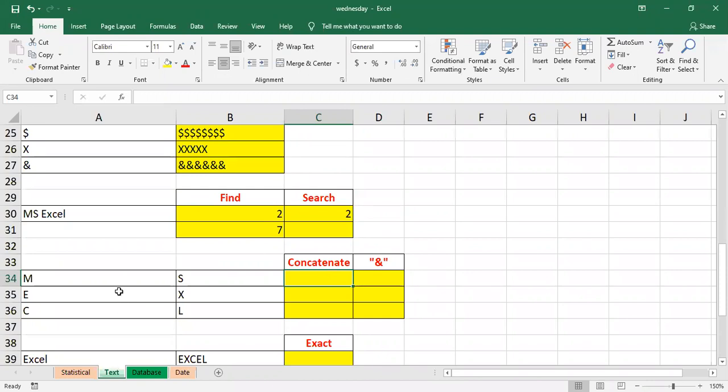Now here I have given MS Excel. Here I have not typed the word MS Excel, but here we have the characters which make the word MS Excel. I want to combine it in the cell C34. So I'm going to use which function? Concatenate. Equals